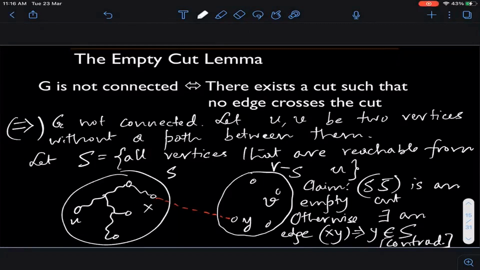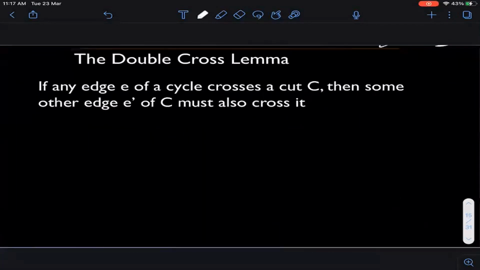Okay, ठीक है. तो इसको याद रखिए. ये जो लेमा है, we will be requiring this, right? So G is not connected if and only if there exists an empty cut. Okay, good. So now we will prove a couple of easy facts. Remember, what I'm doing now is just building the blocks so that we are able to give a clean proof of correctness for Prim's algorithm. ठीक है, ये सब हमारा building blocks है, अभी हम real proof में नहीं है. So we are not even talking about Prim's algorithm yet. We are just arguing about some properties of cuts and edges.